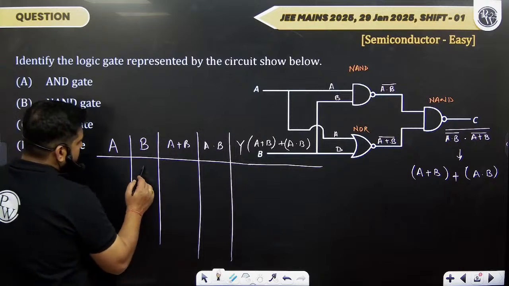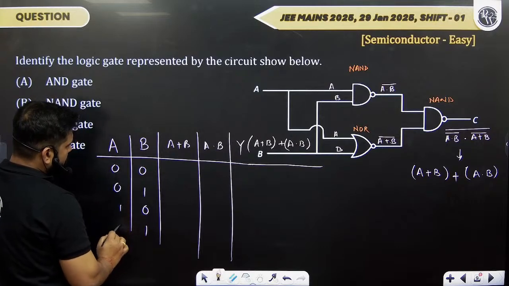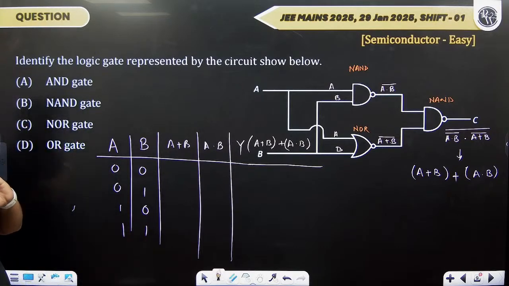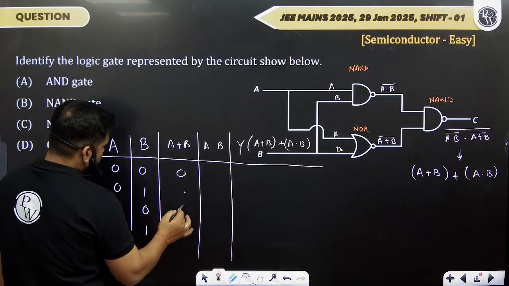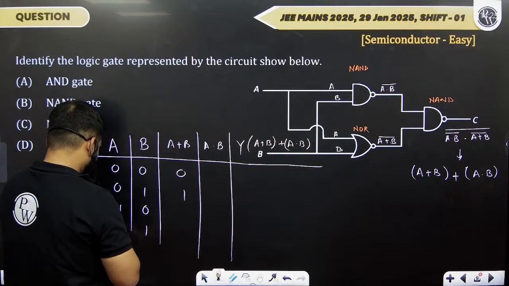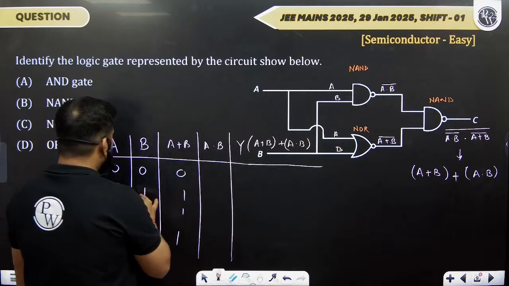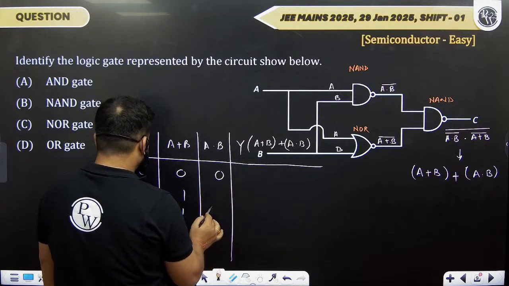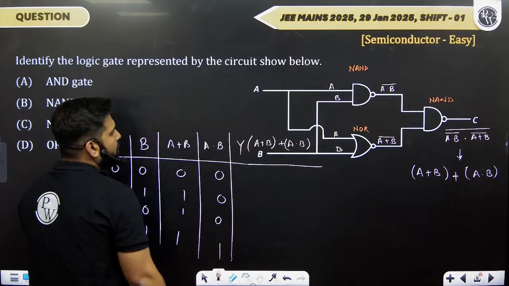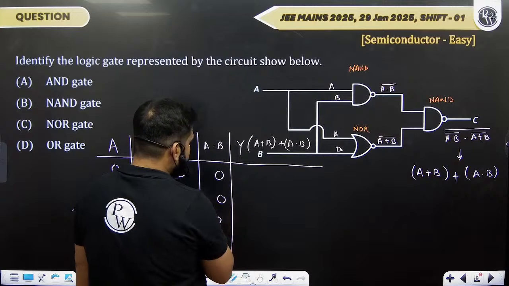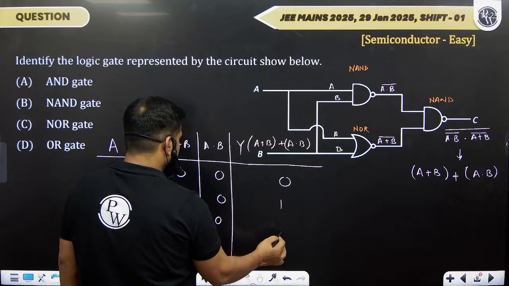This will be our output, and the output will tell us that it is resembling which of the gates. So if I write this as 0 1 0 1, it says 0 0 1 1. Okay. 0 plus 0 will give you 0. This will give you 1. This will give you again 1. This will again give you 1. For A into B, this will give you 0, 0, 0, and this will give you 1. And when you find this out, well, we have to add them up like a OR gate. So this will be 0, this will be 1 1 1.